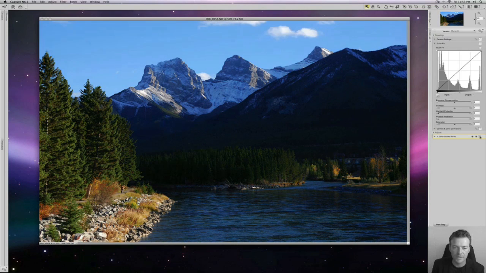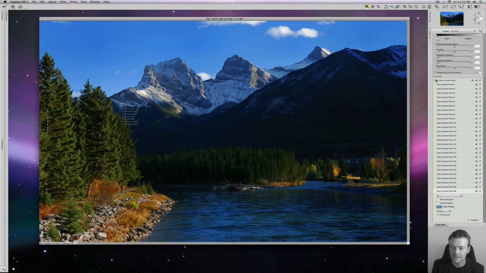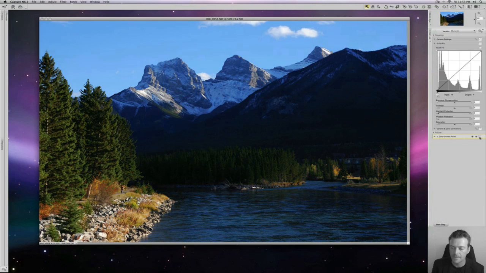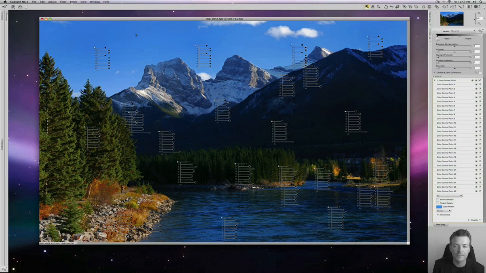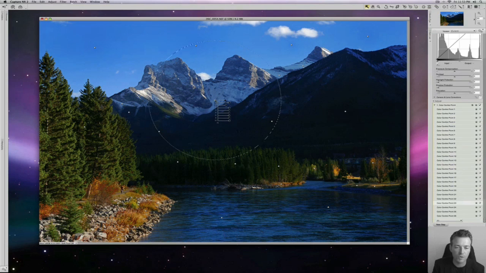And again, really significant difference. And I'm really proud of this image now, and I've really created an exciting image with these enhancements. And just to show you again that you can go back in, here's all my color control points. I can select them, and I can go into any control point and adjust it any time or move them